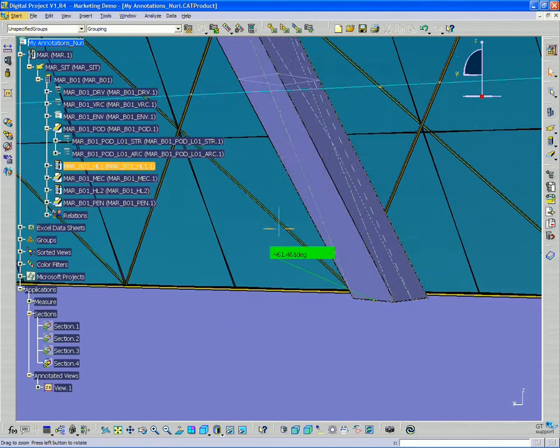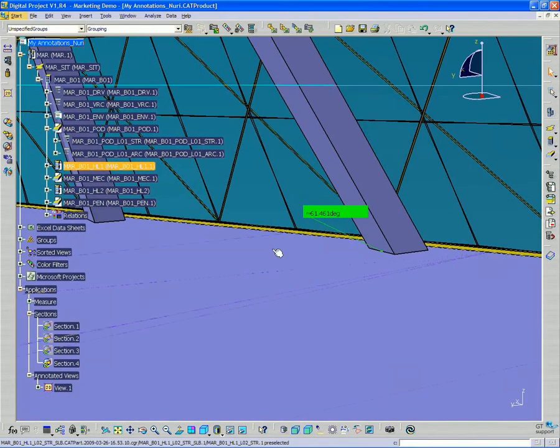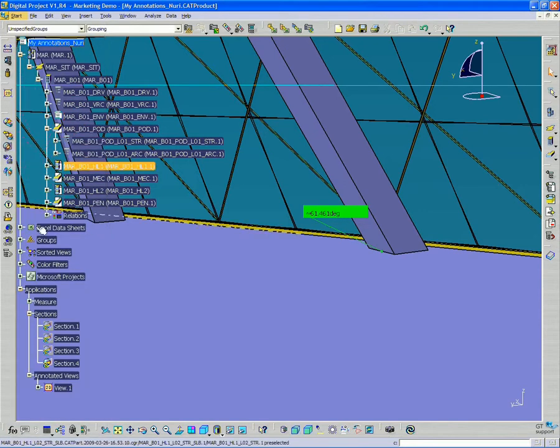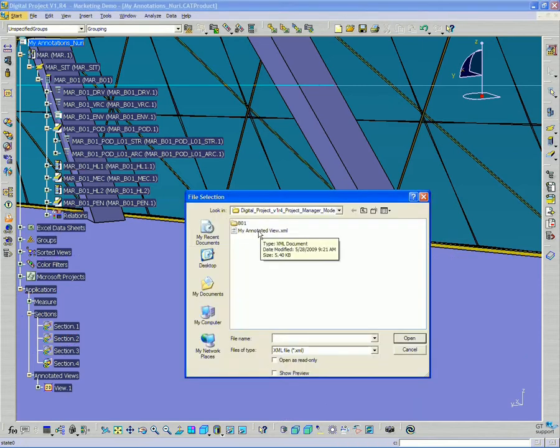They can then take that file, and if I right-click and pull up Project Annotations Advanced, there's a tool under here called Annotated View File Import. If I click that, I can locate the XML file that someone saved out,